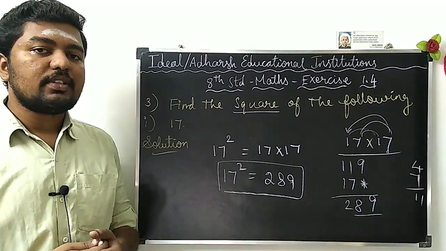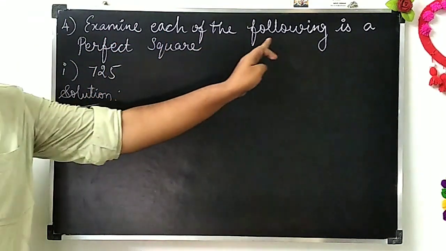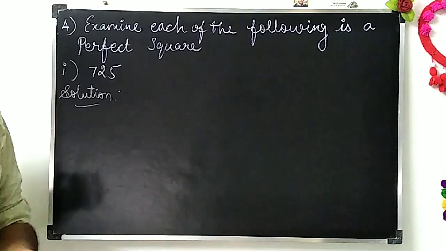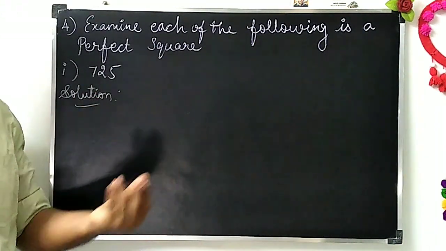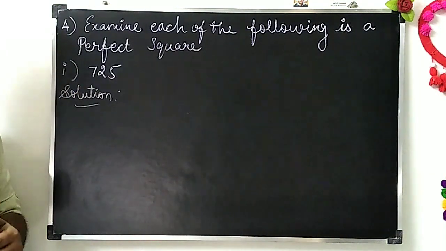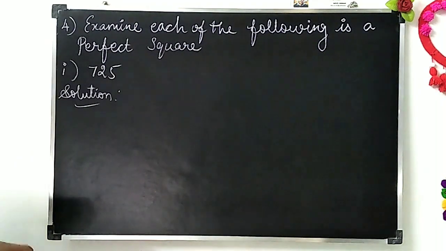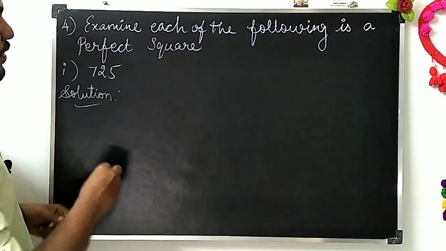Okay, next we see the fourth question. Examine whether each of the following is a perfect square. They are asking whether the given numbers are perfect squares or not. So the first question is 725. Now we check whether 725 is a perfect square or not. Using the prime factorization method,